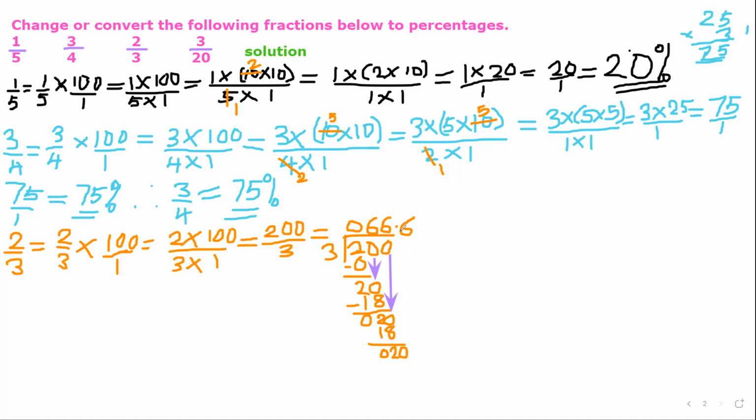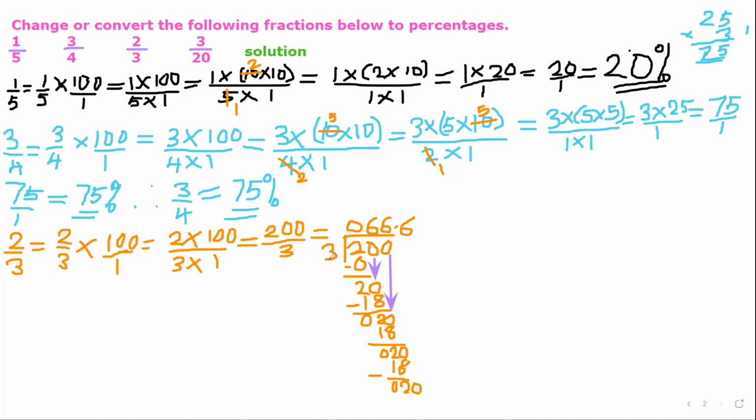To confirm whether there will be a remainder, 3 times 6 will give you 18. And then you subtract, you still get a 2, okay? And here is 0. The point will still add, because the remainder here is 2, there's no number. Don't go and put another point. Where there's no number and you have already a point, the point will still add 0 to this number, making